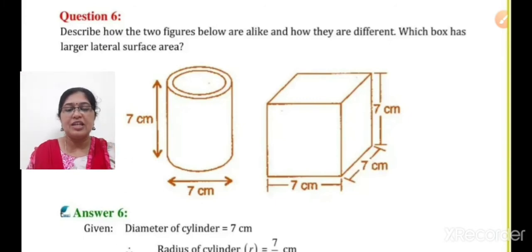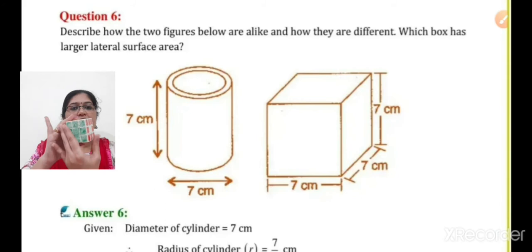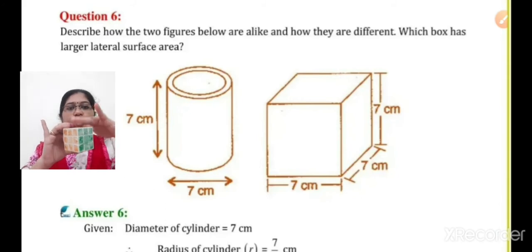So if a question comes like the area to be painted, you will take the lateral surface area. You do not need to paint the bottom and do not need to paint the ceiling. It may be of a different color or something. So in that case also we will take the lateral surface area. That is the need for finding the lateral surface area. So this part alone is lateral surface area, not taking the top and bottom.